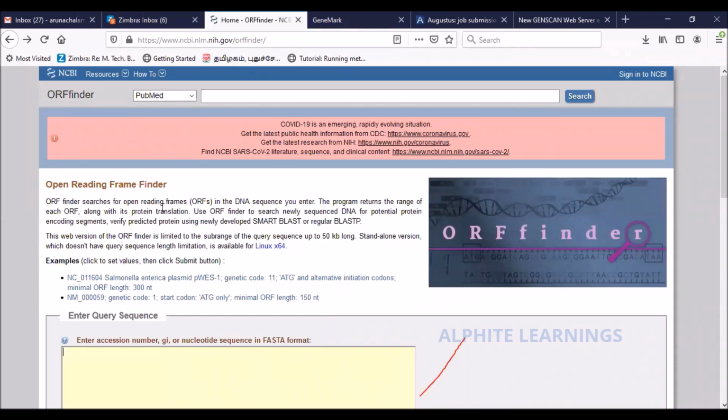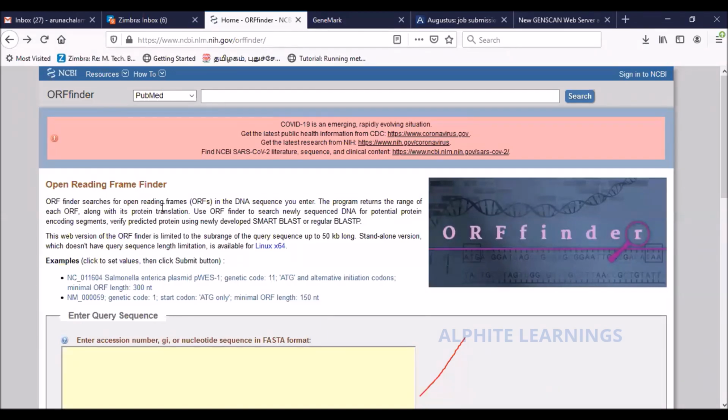Now, why do we need this kind of program? See, for example, you have a novel sequence. You have sequenced something new, right? It could be a complete genome, or a segment of a genome, or a very small segment of a DNA molecule. So you just have a very small 500, 600 nucleotides.